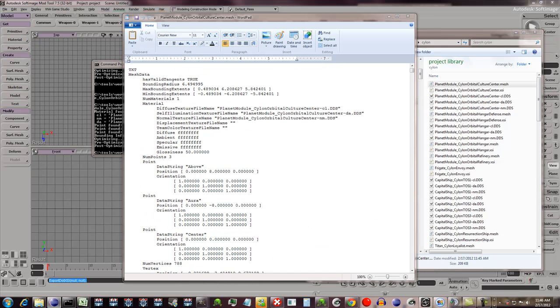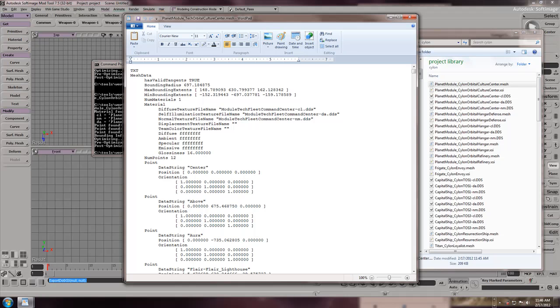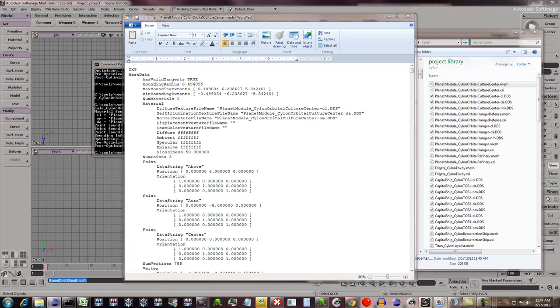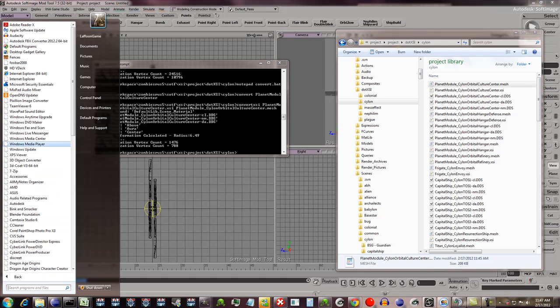So what you might do to see what's a good size for a culture center is to just base it off the existing sim meshes. So let's take a look. I'm going to look at the orbital culture center for tech. We can see that it's a, wow, good 700. So we got to bump this up quite a bit. So we're currently at 6.5. And so let's say if we want to go up to 700,